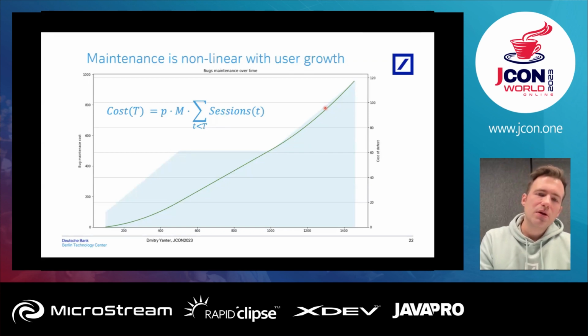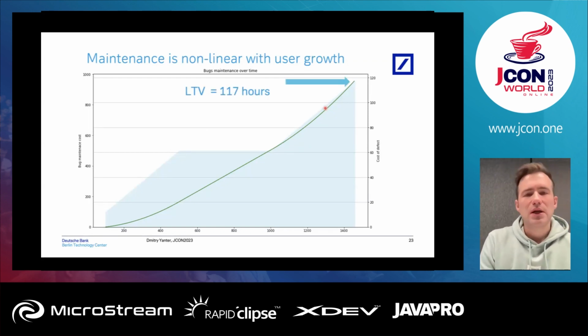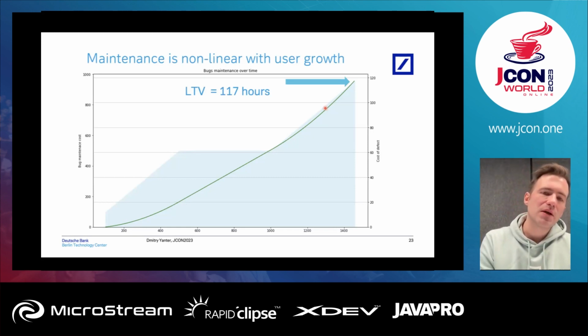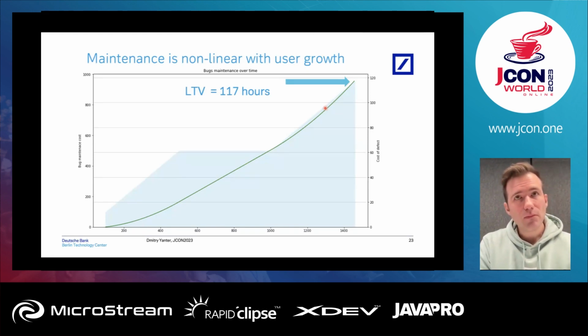An interesting calculation gives me the following answer. In my super simple case, where again I will repeat that the probability of occurrence is about 1%, and for every occurrence I have to spend 5 minutes to react, the lifetime value of this particular defect will be about 117 hours. That is more than a week of work, almost 3 weeks of working time. Think about it like that: such a small issue can cost you, at the scale of your project lifetime, this enormous